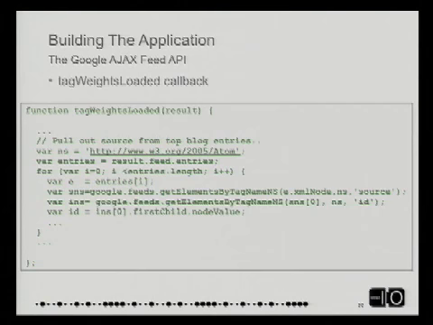I can then take the ID, and with the init data, I have an understanding of what blogs exist where and what tags they belong to. I use that to trace back to, oh, this entry was from ads vertical. And then I can set the weight accordingly after I've ripped through all the entries.